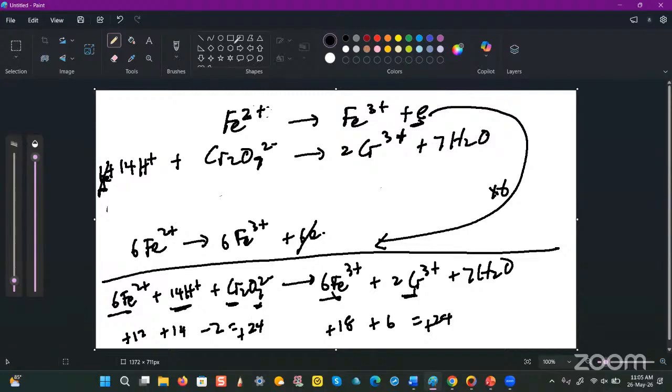Everything is balanced, including the charges. All right? Okay, any questions about this? Any questions? So, based on that, we can do question number